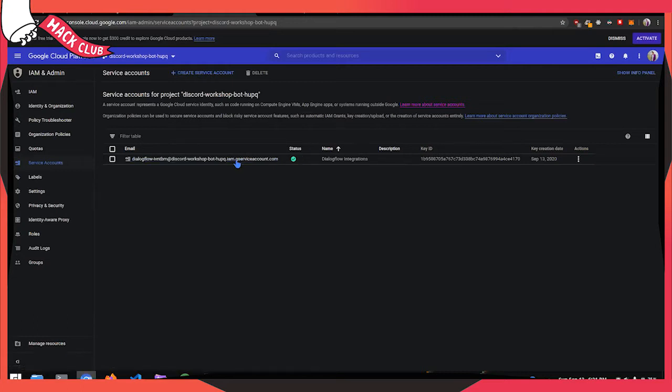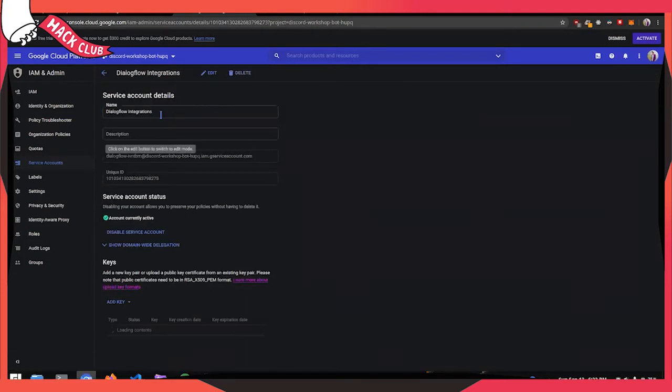Inside a service account, you have to create API keys, and a person is authorized to a service account using these API keys. After you've come to this page, you can either create a new service account down here, or you can add a key to the same service account. I'm just going to use this service account itself.